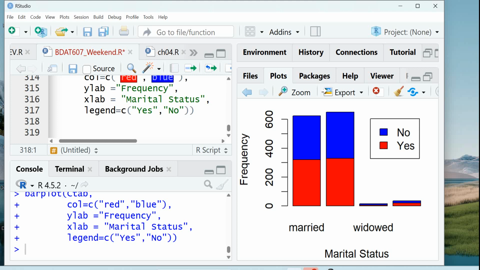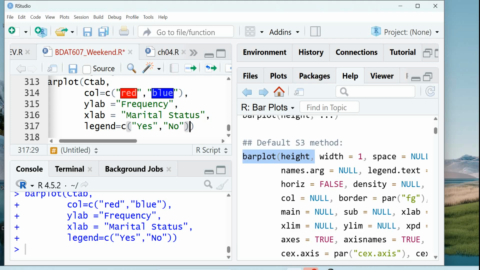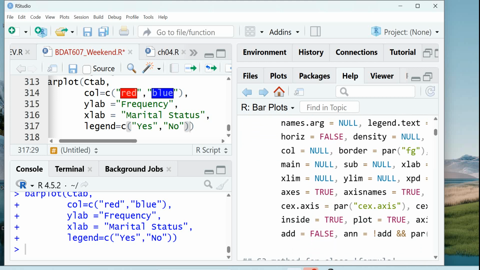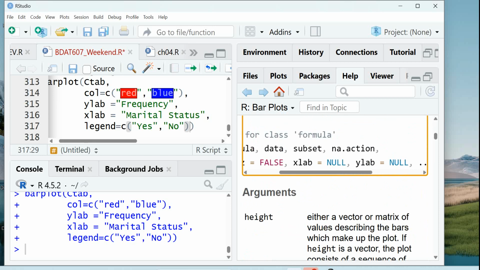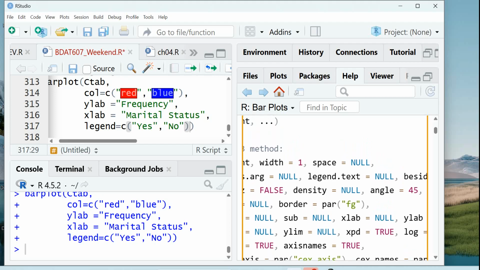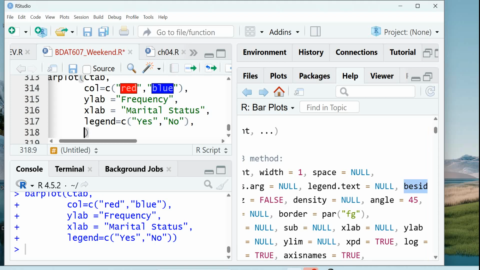Okay. Any question? So that's a bar graph, multiple bar graph. There's one more thing that I did not talk about. Is that this is vertical, so there's horiz. There's an argument called horiz in the bar plot. If I go here, you'll see it. You should see horiz, and then also beside. These are the other things you can decide. So if beside is true, it means we are going to get another case where